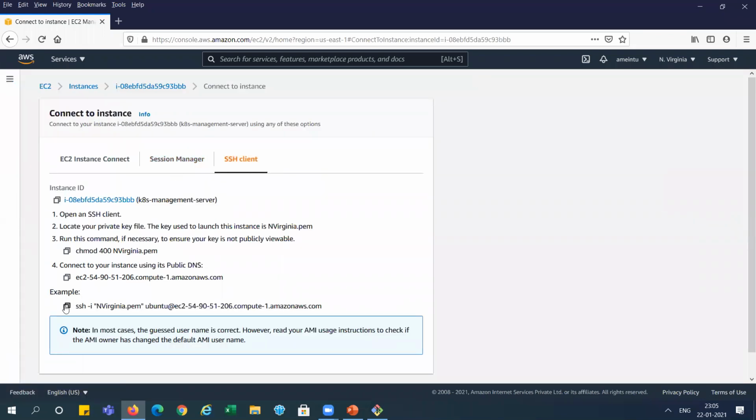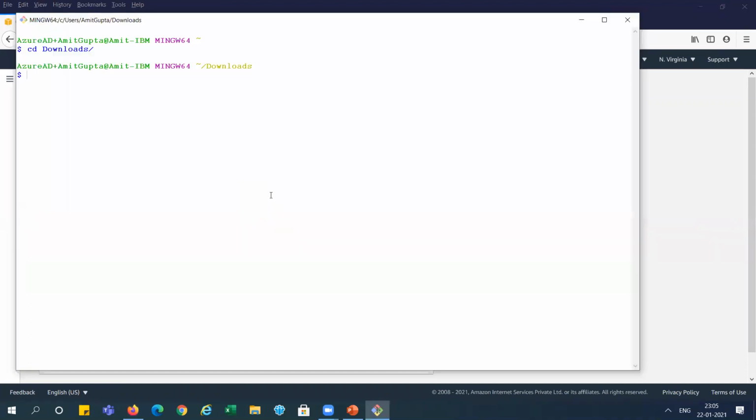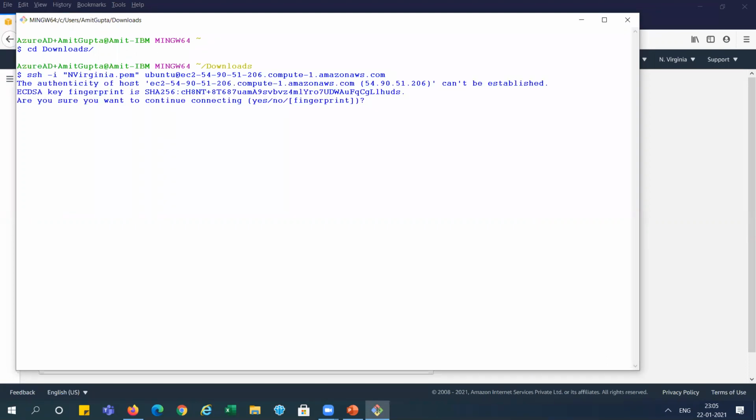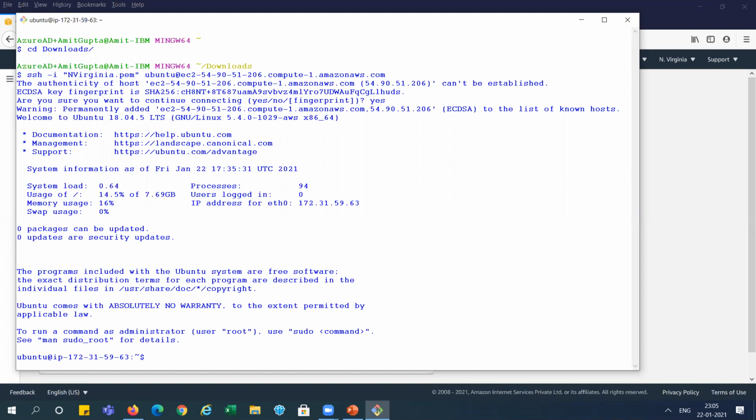Let's connect with this instance. You can see it is connected.